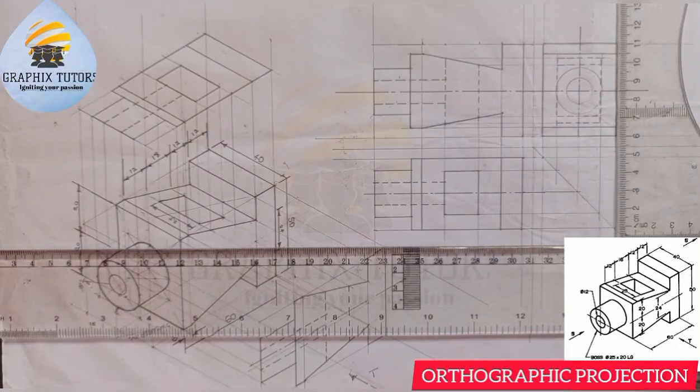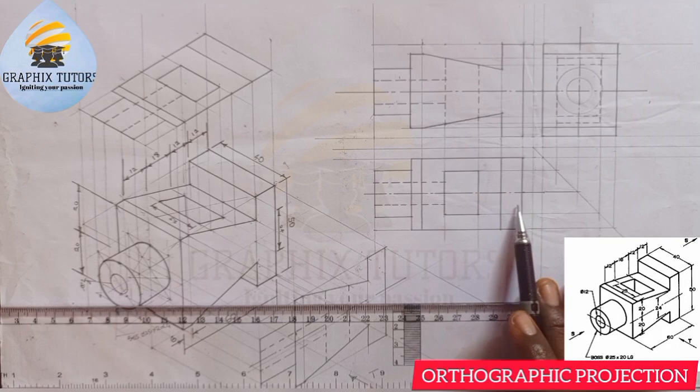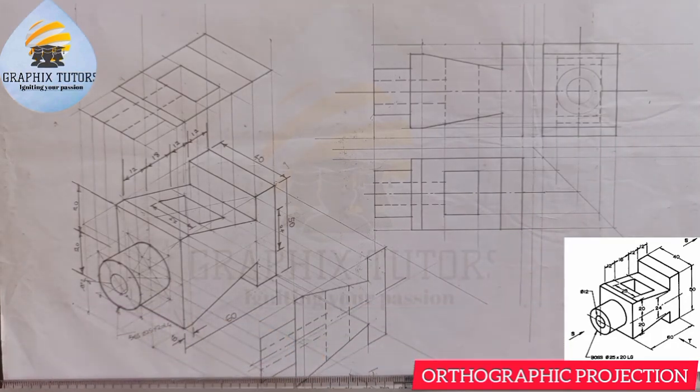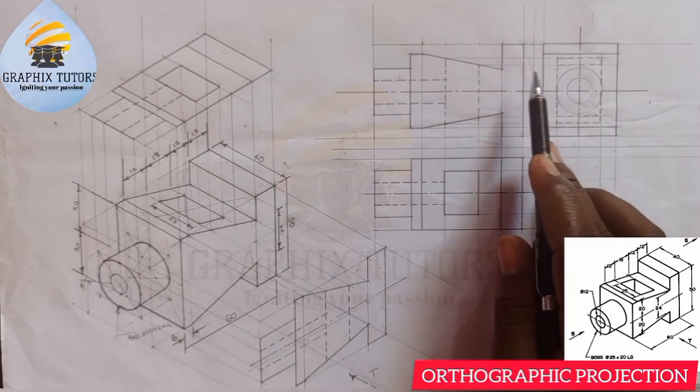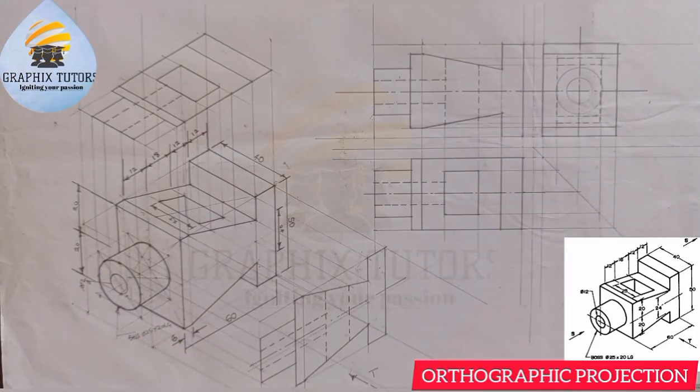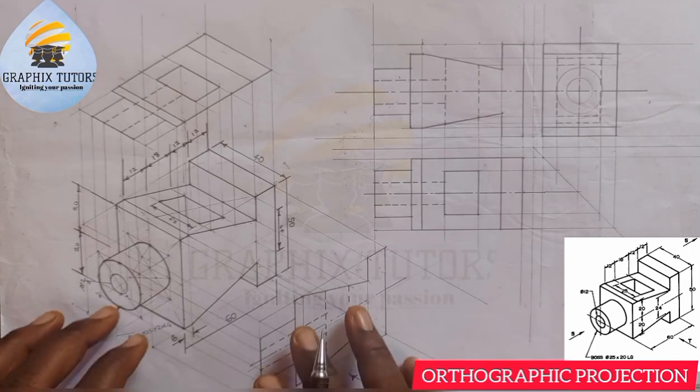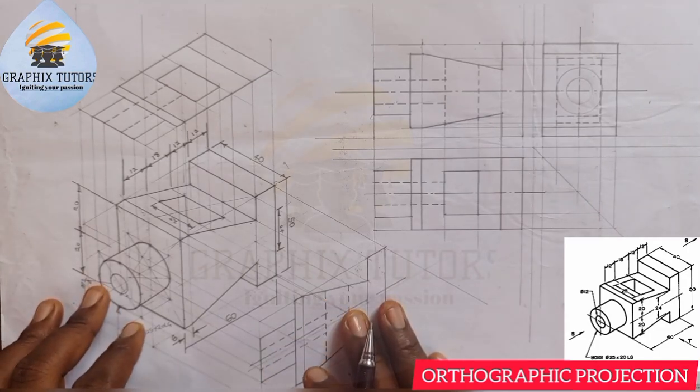So this is what we have. This is the orthographic projection of this that you can see here. Looking at it from the front, this is what you're going to see. Is that okay now? So if you want to watch the video of this in isometric, you can easily click